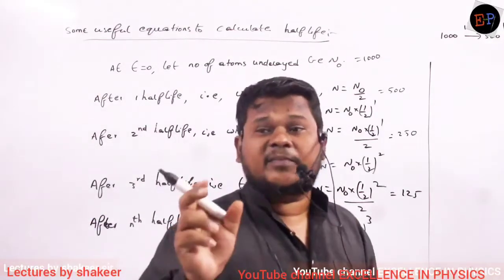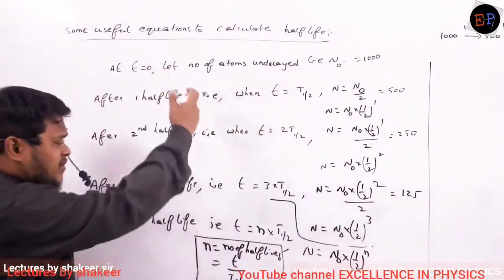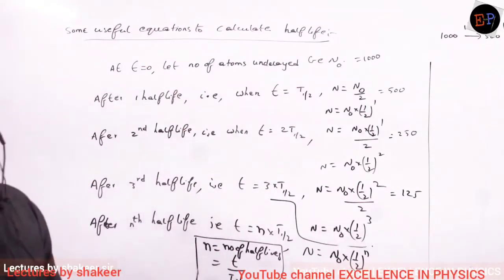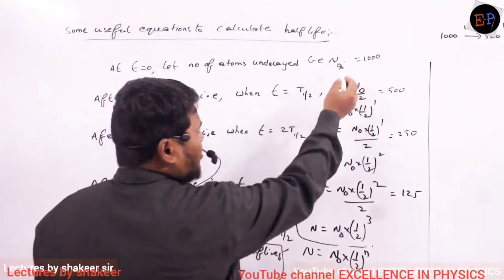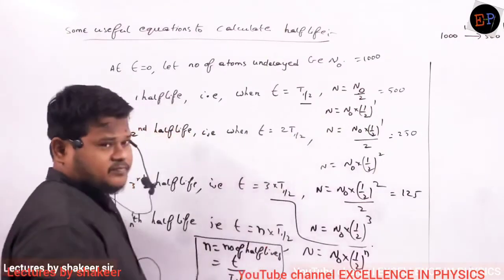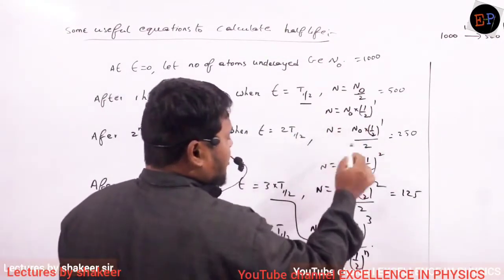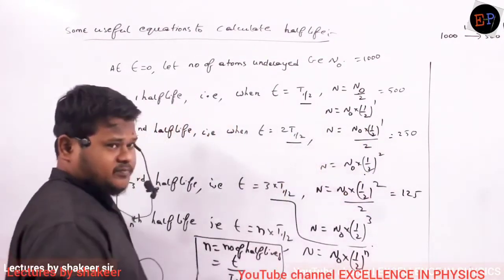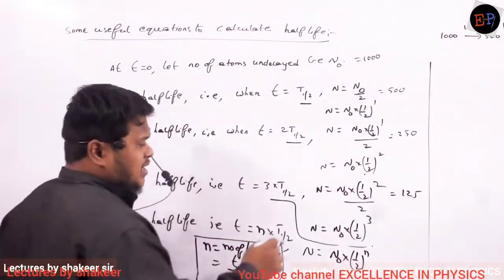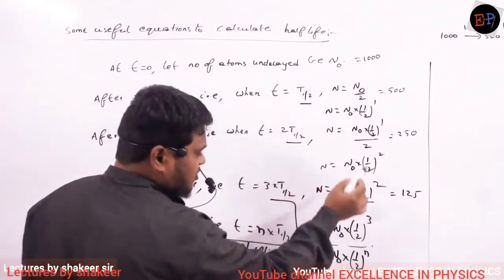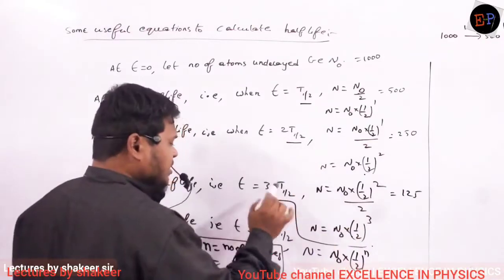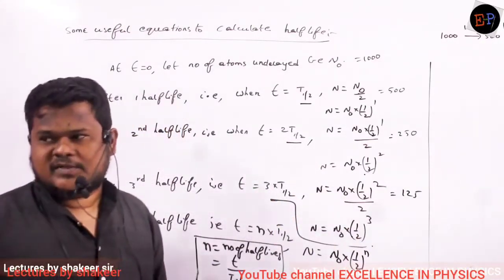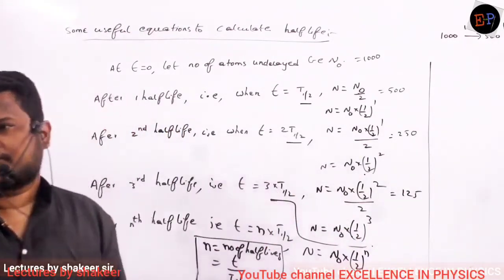So this is how radioactivity behaves. Based on that logic only we have done this total calculation. Okay? So to go from N0 to N0 by 2, the time taken is 1 half-life. And from N0 by 2 to N0 by 4, the time taken is another half-life. So total 2 half-lives. The time taken from 1 by 4th to become 1 by 8th, again half, is 1 more half-life. Understood? This is how radioactivity will behave.